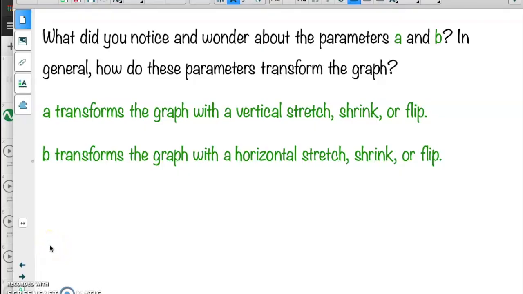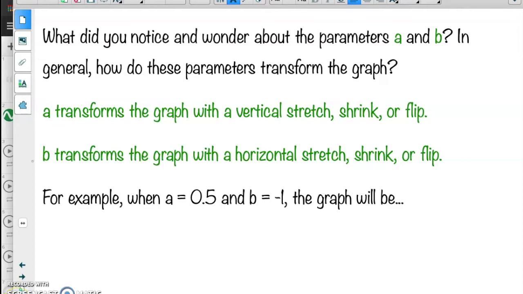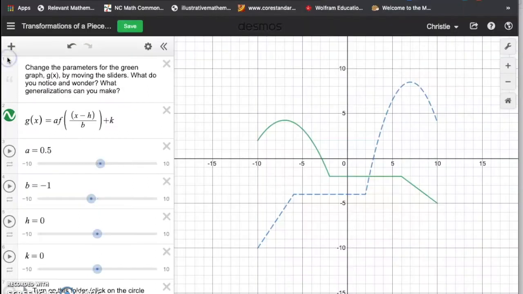Hopefully you've noticed that A transforms the graph with a vertical stretch, shrink, or flip, depending on its value. B likewise transforms the graph with a horizontal stretch, shrink, or flip. Consider this example. When A is 0.5 and B is -1, what will the graph look like? You can always go to the Desmos file and try these values for yourself, but hopefully you will decide that A as 0.5 will cause the graph to shrink vertically, and B with a value of -1 will cause the